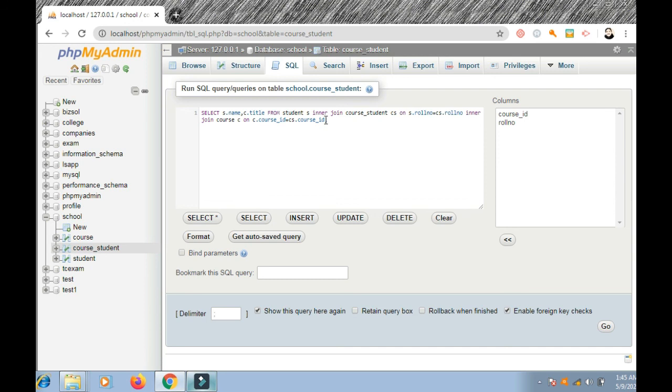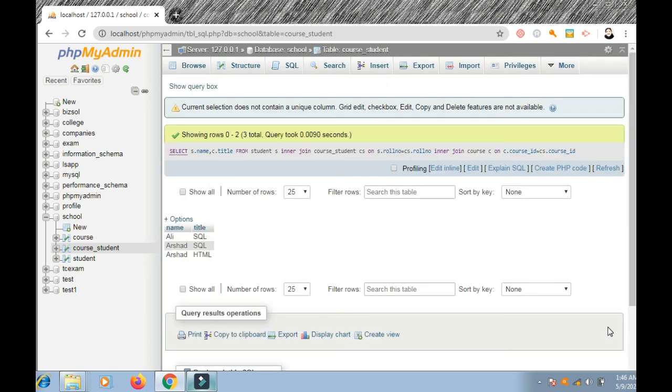Now on, we write on. On what? Primary key from the student table, the left table, and foreign key from the relationship table. So the primary key is S dot roll number. S dot roll number is equal to CS, course student dot roll number.